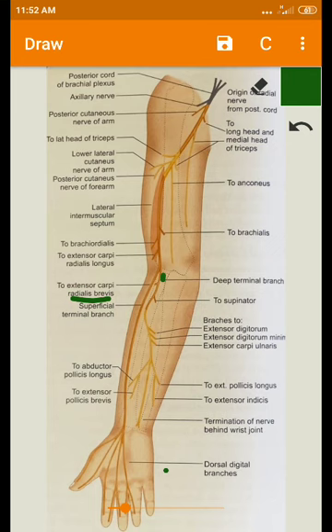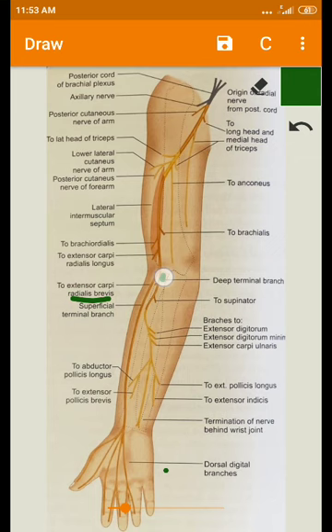Okay, so already we know that in the back of the forearm we are having two sets of muscles. One is the superficial set and the deep set. We know that the deep set is having 5 muscles and superficial set is having 7 muscles, isn't it? So the posterior interosseous nerve arises from the radial nerve at the level of the lateral epicondyle of the humerus. It passes through the supinator,